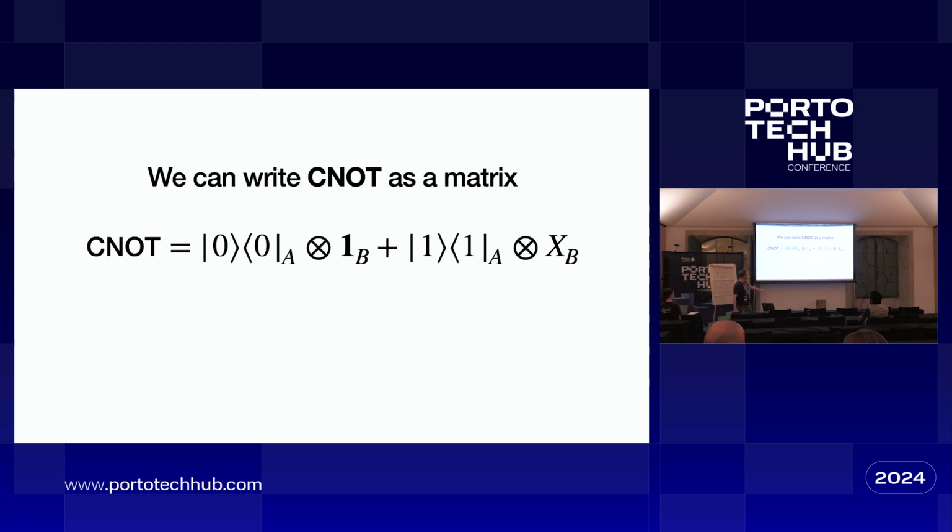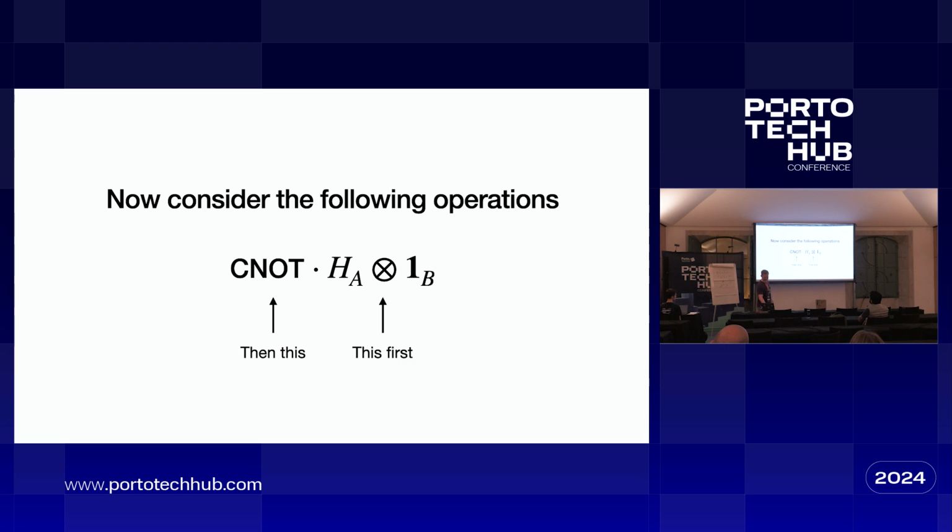Another way we can write it is as the sum of two tensor products. Again, this says, wow, do I need this actually? Yeah, well, the point is to say that this can't be factorized further. All right, now we're getting to it. The circuit I'm going to consider is the one which applies a Hadamard to the first qubit and does nothing, the identity, to the second qubit, and then acts on it with C0.